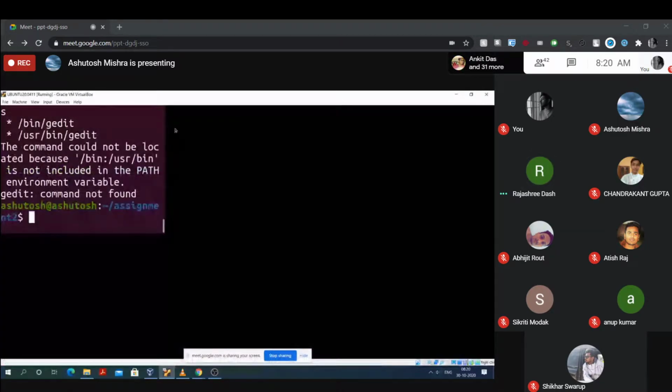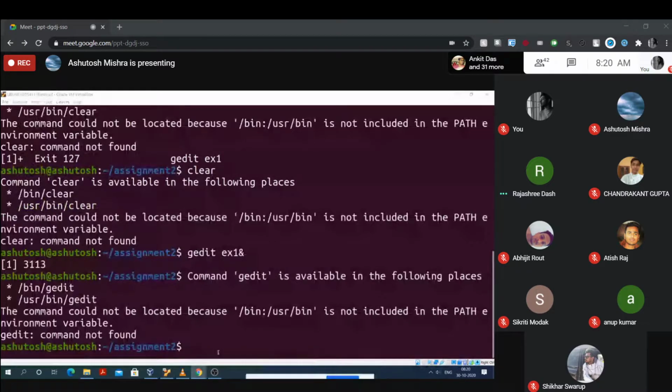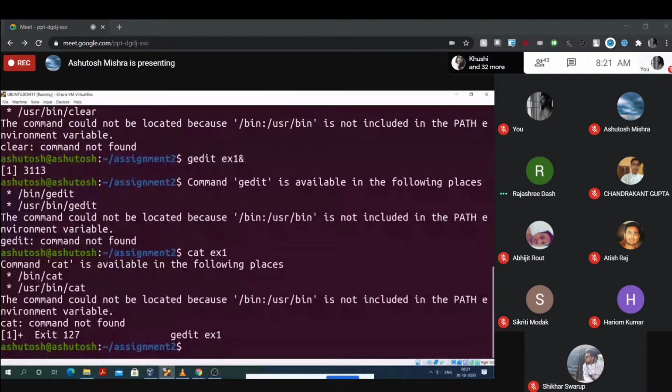Okay, simply write cat ex1 and press enter.